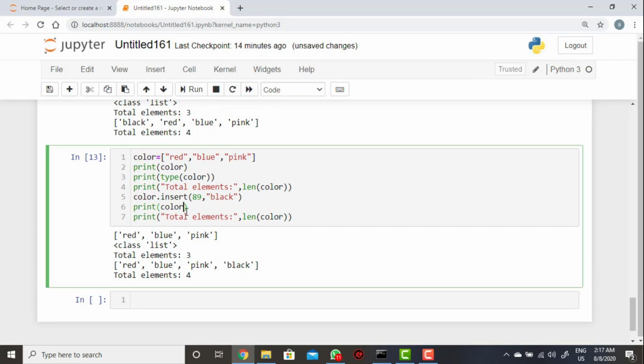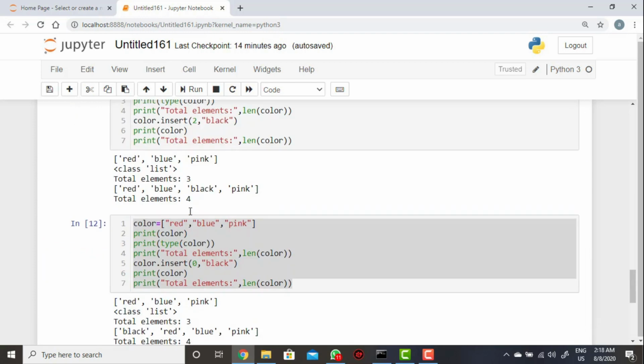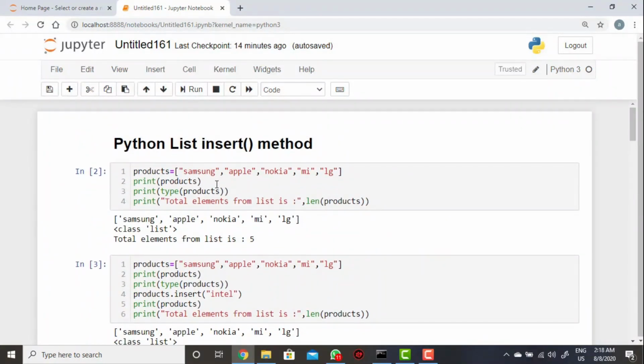So that is the insert method we can use to add a value in the list data structure wherever we require. You can add from first, from last, or from the middle. In an interview, the question is: can we add any element in between the values in the data structure? Yes, we can add using the insert method. So this is all about the list data structure insert method.